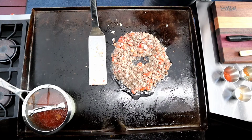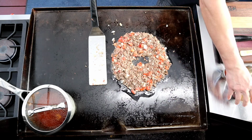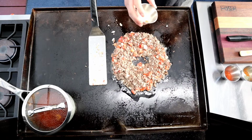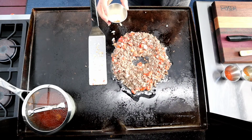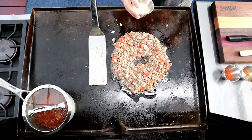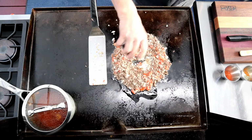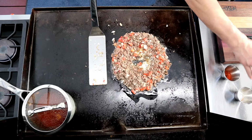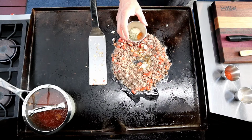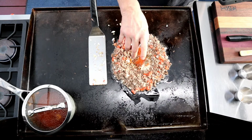Okay, so let's go ahead and add our seasonings. We got about a teaspoon of cumin, actually a half a teaspoon of cumin. And the recipe that I have was for 2 pounds of beef. I only used a pound of beef, so I'm cutting the recipe in half basically, and it's a half a teaspoon of cumin and a half a teaspoon of onion powder, half a teaspoon of paprika, half a teaspoon of chili powder, and a half a teaspoon of cayenne pepper, and a half a teaspoon of oregano, teaspoon of garlic salt,